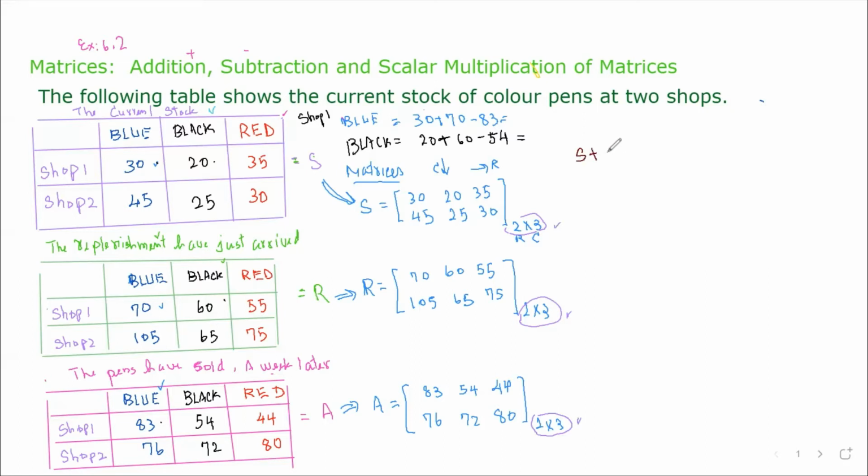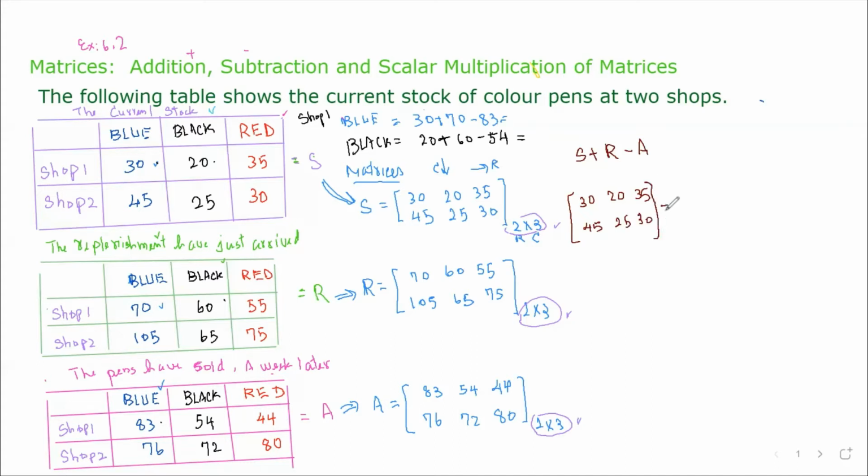Plus R and minus A. So you can write it down in this way, okay? So become 30, 20, 35. And then this one 45, 25, 30,